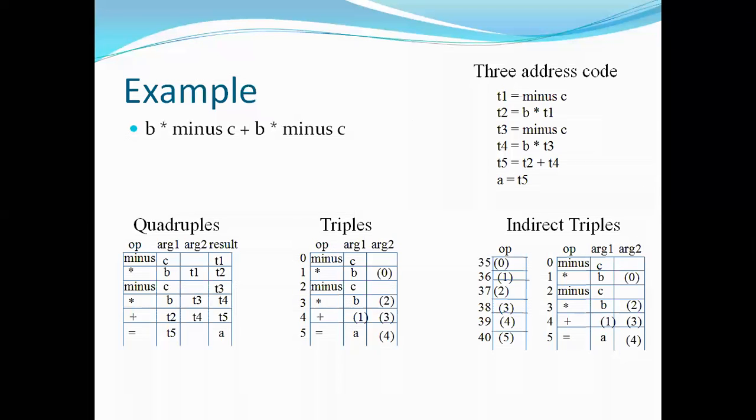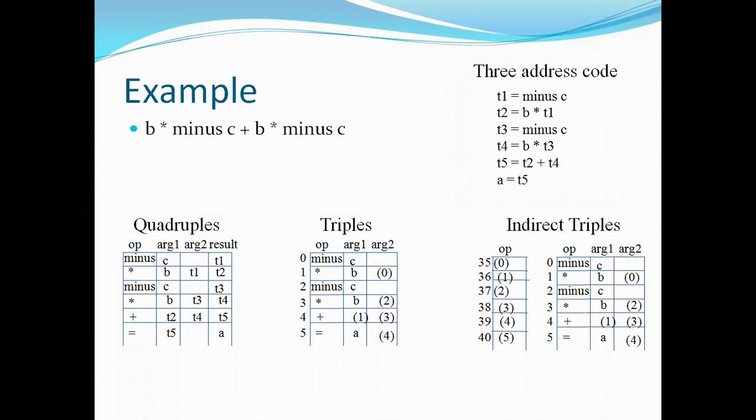Explain about the implementation of the three address code. Or if the question is like this, explain about the forms of intermediate code. Make a difference: the forms of intermediate code and the implementation of three address code are totally different. Forms of intermediate code means we have three forms. What are those? Three types of intermediate code representations: syntax tree representation, Polish notation, three address code. This three address code representation comes under the forms of intermediate code. Get the difference between the questions. Forms of intermediate code is different from implementation of three address code, right?